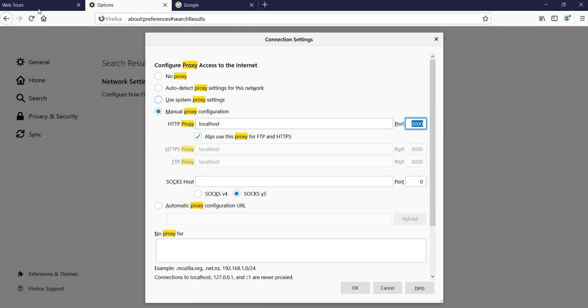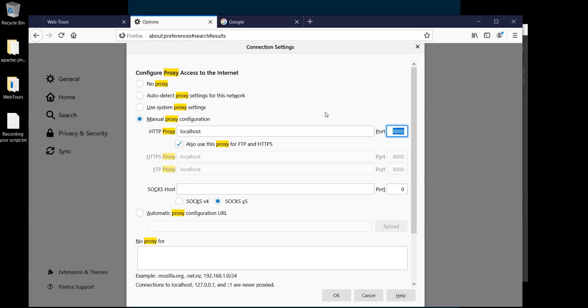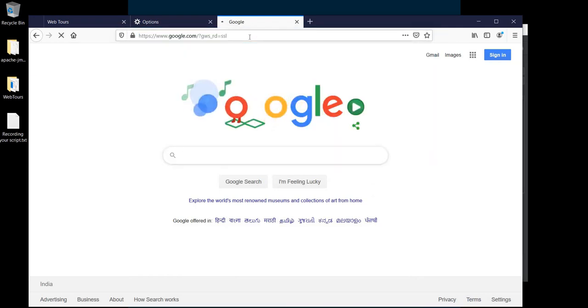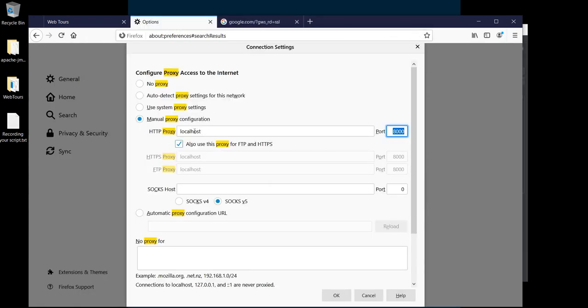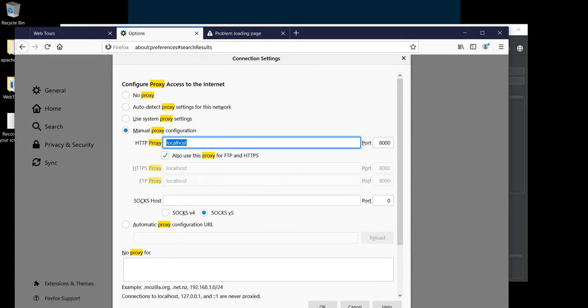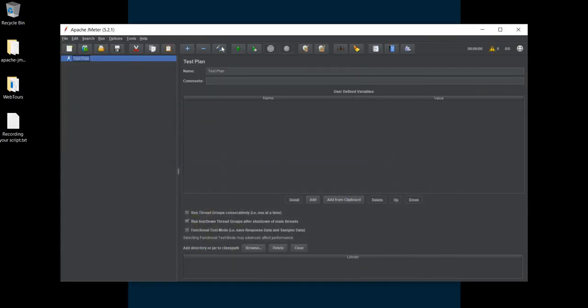What does this mean? It means that now your browser is pointing to this proxy setting. So like previously when you were connected to internet, now if I hit enter, it will not give me the page because I am not connecting to the internet. I am connected to this port. So any request which leaves this browser will go to localhost, which is this current system, and to port 8000. But on our system on port 8000 we do not have anything. So we need to create a server.